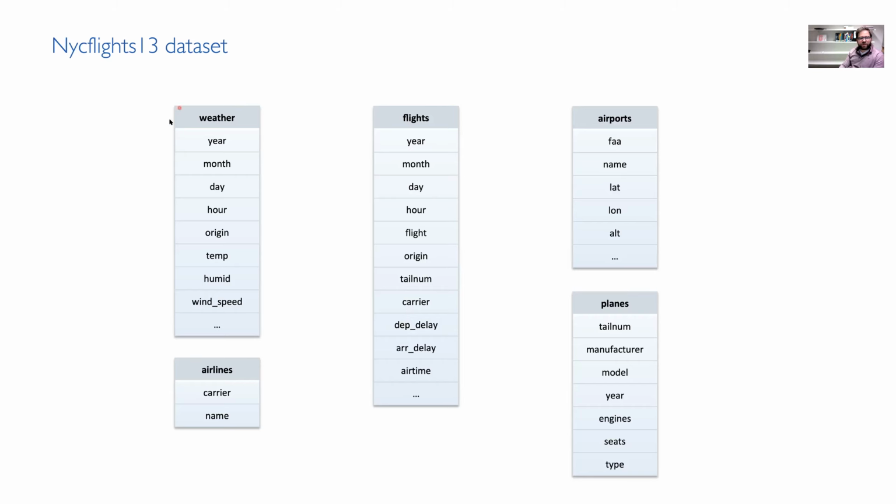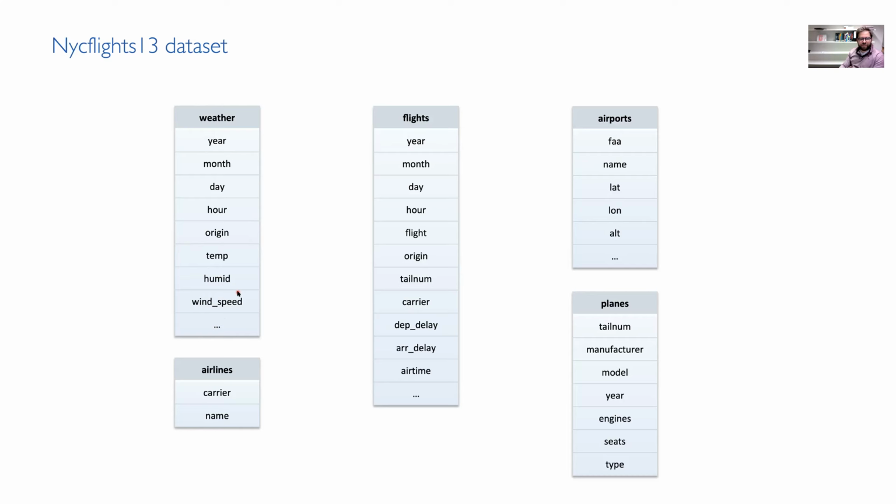This weather is a different source of data. For it, we can also get the time, the month, day and hours. We can look at the weather at certain airports, at certain locations. We have temperature, humidity, wind speed, and other information about the weather at a certain location